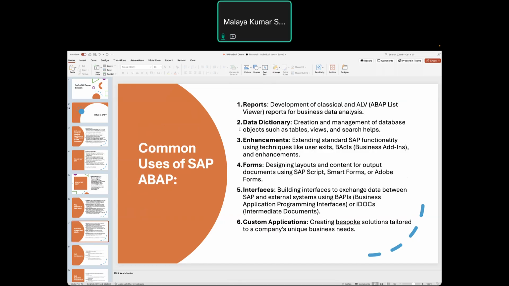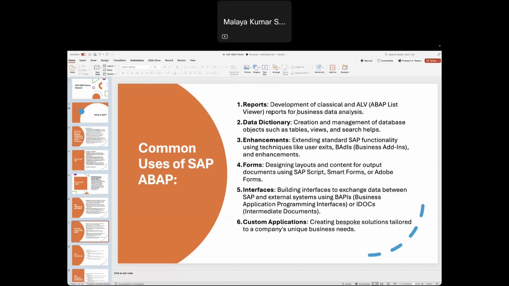Not only this, there are a few additional uses too, but these are the main basics which customers need. First, a report is something where your business asks to generate some kind of output based on some input.